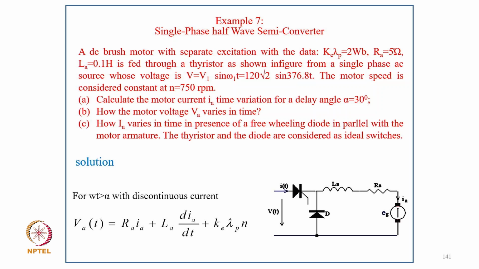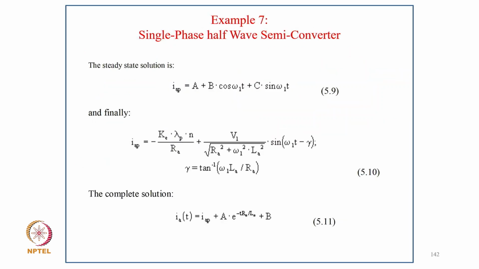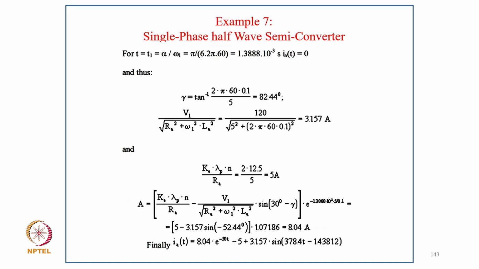So for omega t greater than alpha, the discontinuous current is VA equal to RA IA plus LA di by dt plus KE lambda P into N, and steady state solution is IAP equal to A plus B cos omega 1 t plus C sin omega t, and finally IAP equal to minus Ke lambda P n upon RA plus B1 upon the root RA square plus omega 1 square LA into sin omega 1 t minus gamma, where gamma is tan inverse omega 1 LA divided by RA, and complete solution is I at T equal to IAP plus A into e to power minus T upon RA upon LA plus beta, and for T equal to T1 alpha upon 5, that is